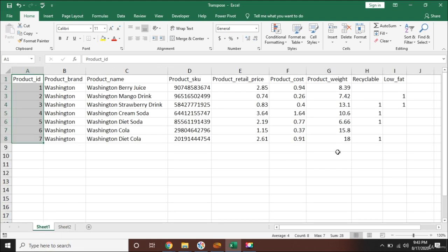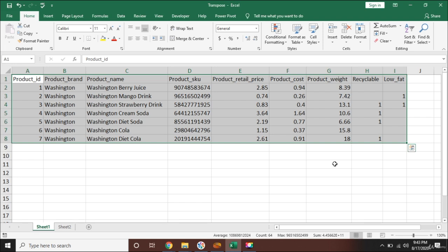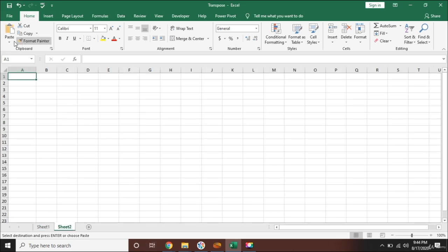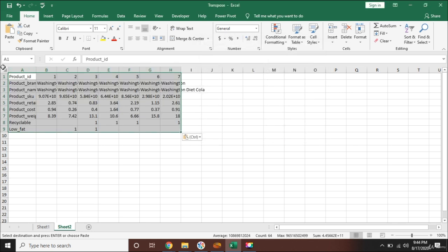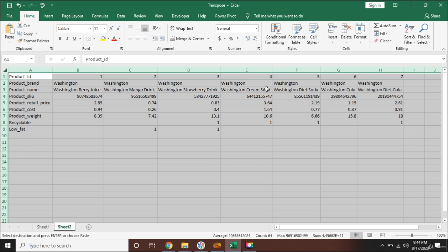Now I don't just want to convert one column or one row. I will select all the data and I want to shift it from vertical orientation to horizontal orientation. So I will copy it here and go back to this sheet and say paste, then paste special, and I will say transpose. You can click on values, but that is not important here, transpose is important. You will click OK, and you will see that all the data has been given in the vertical